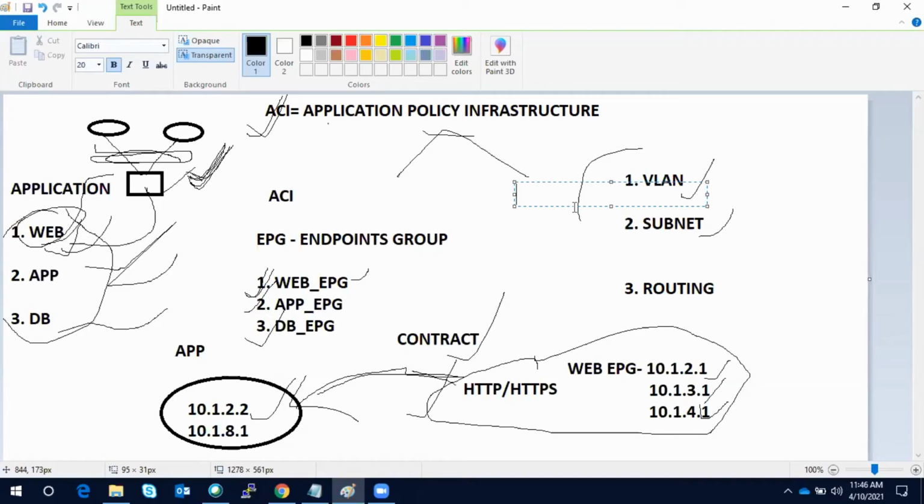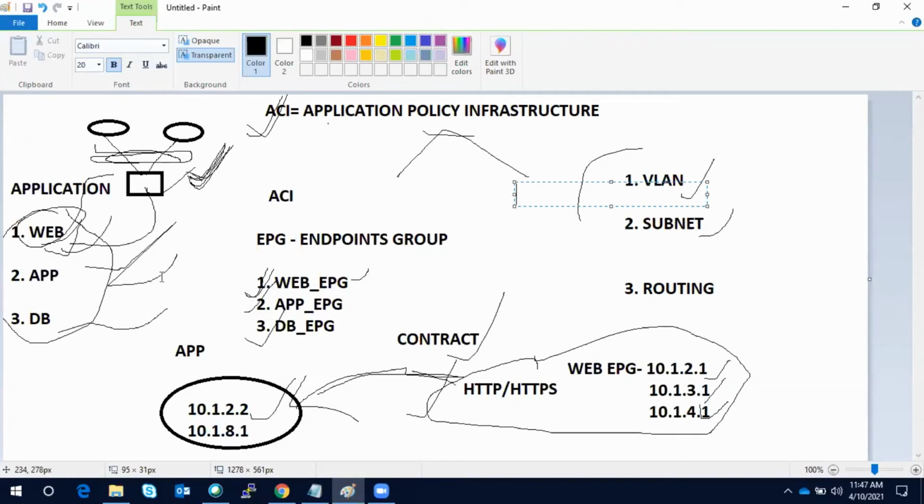In some organizations, you will see people using the application centric approach, and in many organizations you will see a hybrid approach, that is network centric plus application centric. For some things they are using the application centric mode, and for other things they are using the network centric approach. So both are possible.